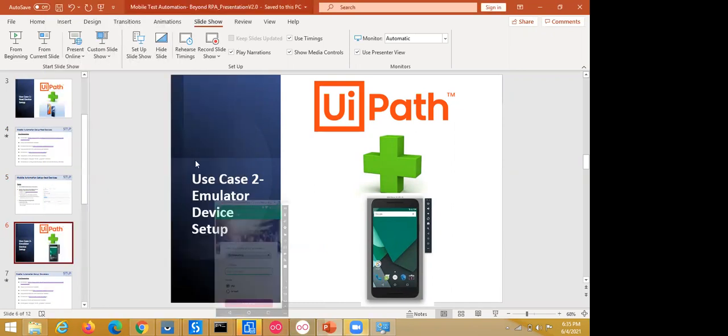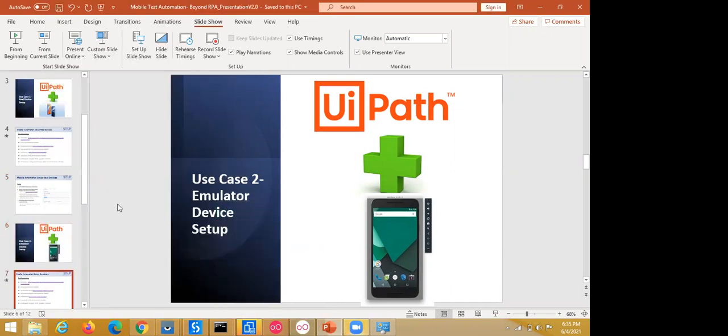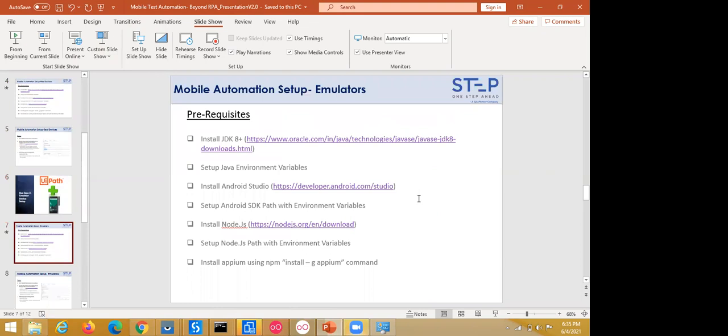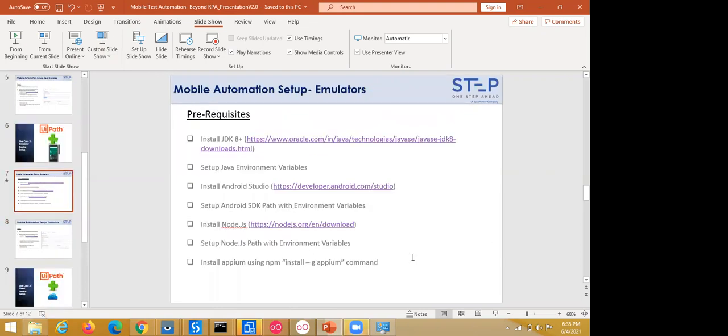So we need to configure the emulator. All the steps are the same here, but we don't need to connect via USB because the emulator is installed on the current machine. That's all.